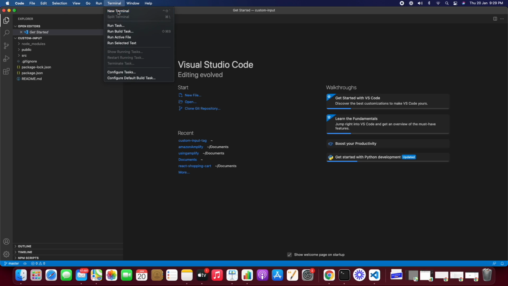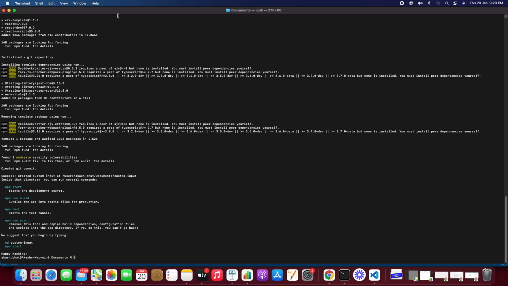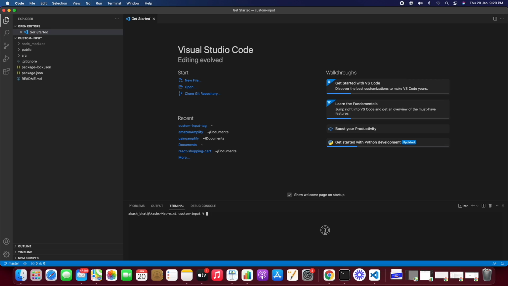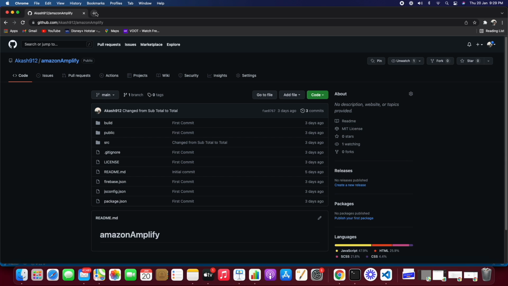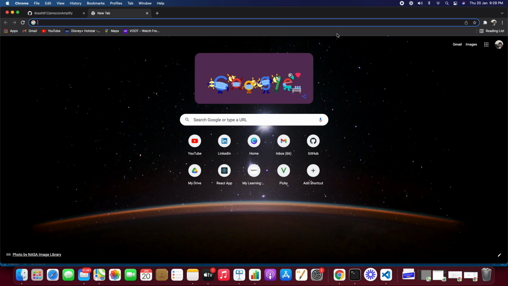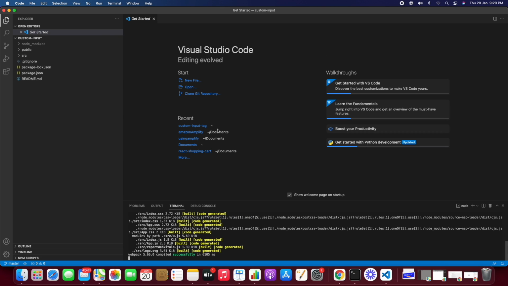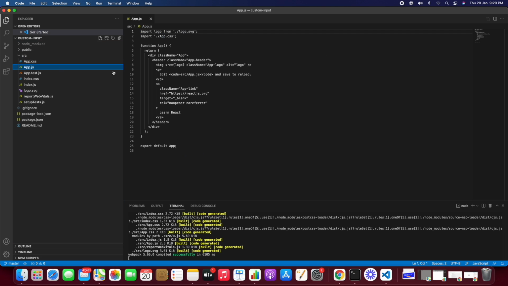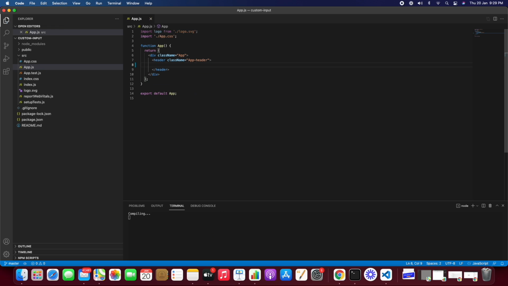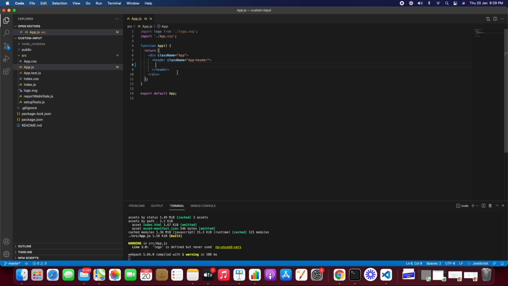and in the terminal, after it gets installed, yeah, now it is installed. So let's do npm start so that the server gets started. When we go to localhost:3000, we can see the React application running. So we will remove all of this code which is not required. So let's add our custom input in this,